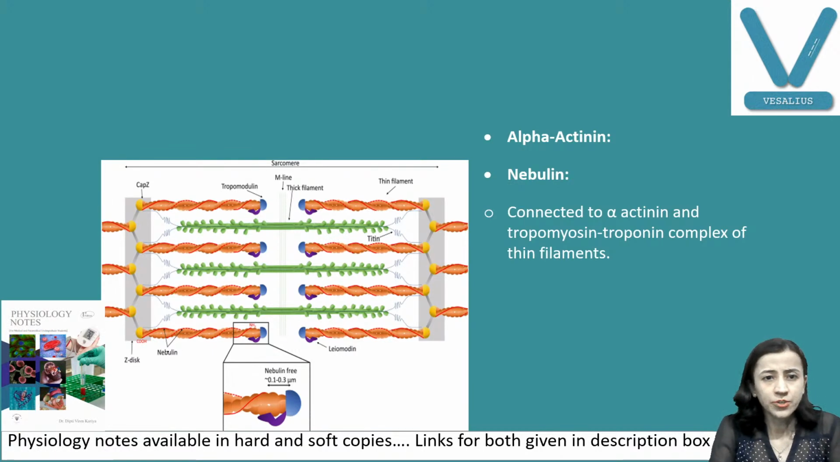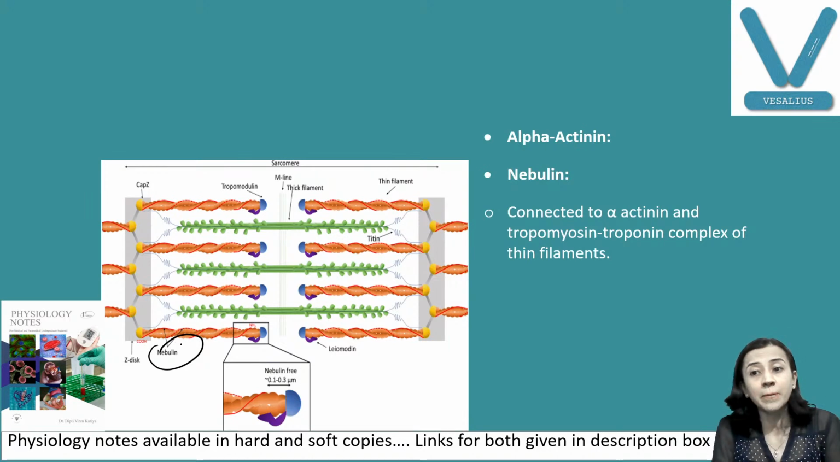These are your nebulin, this one. Okay, this nebulin runs parallel and in close association with thin filaments, this one you can see here, and they stabilize the length of the thin filament when muscle develops and when muscle contracts. Okay, and this nebulin is an inextensible filament, and it is connected at one end, you can see,